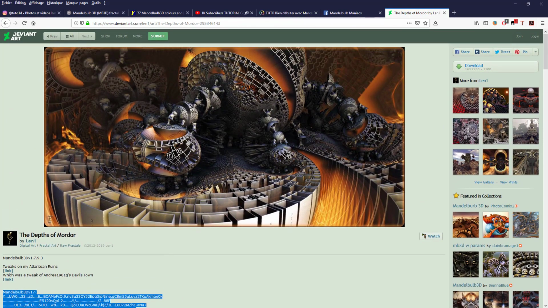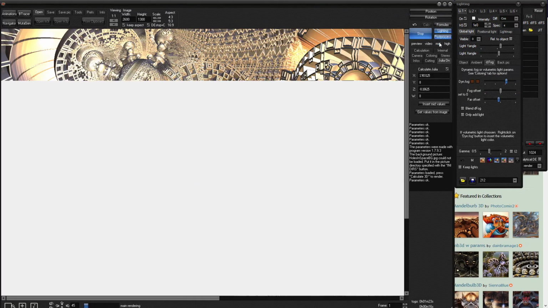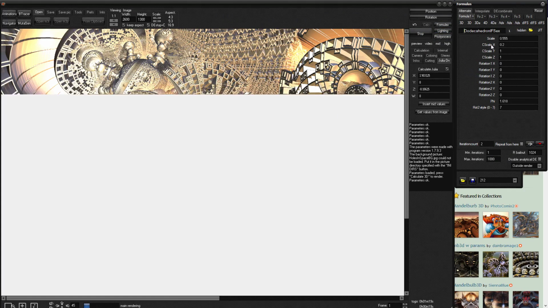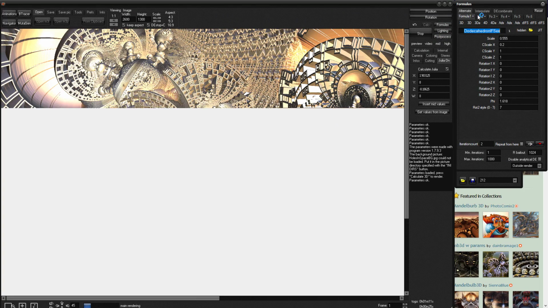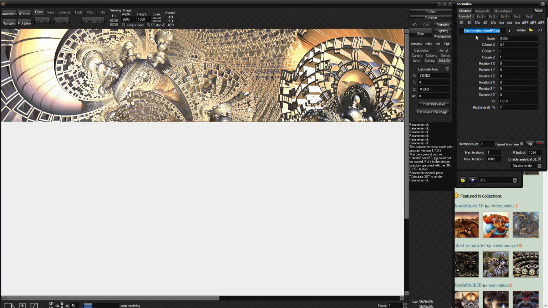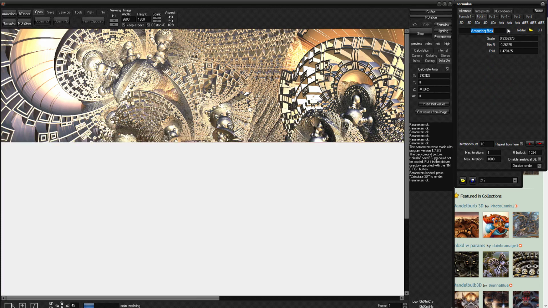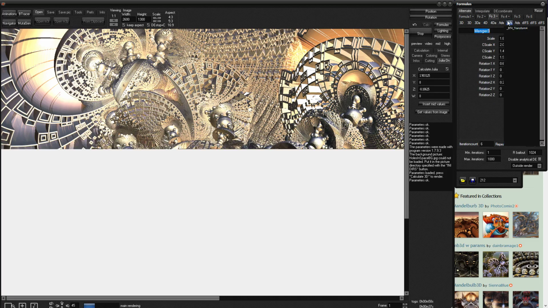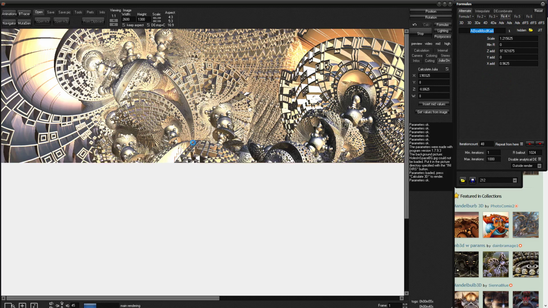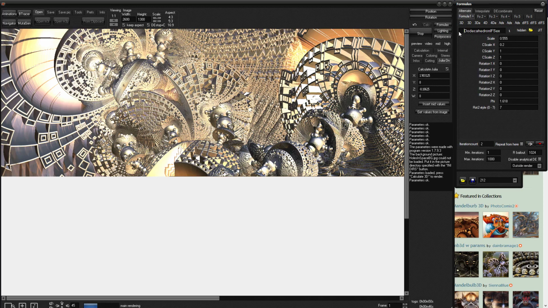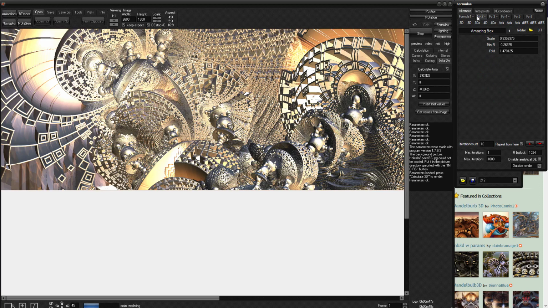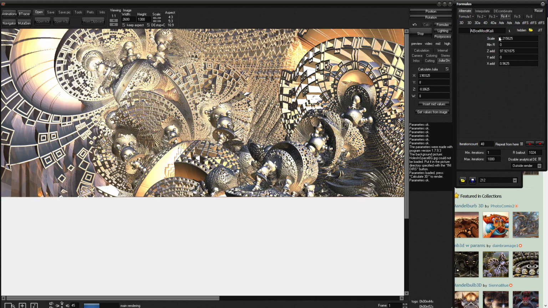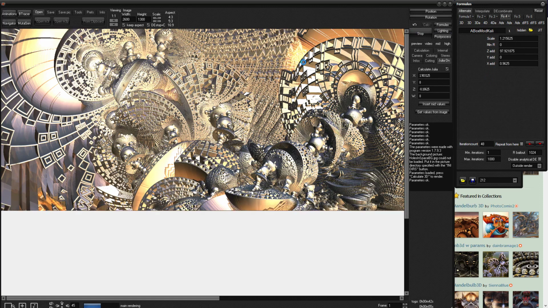And again, for learning, you want to go to the formula and check how he did that. So he used this one with this setting, but settings are not important because you don't want to copy exactly the same. So at least remember the formula. Alternate with this one, Amazing Box, and this one Manger 3, and this one a Box Mod Kelly. So you see, it's a combo. Now you know this one alternates with this one and this one and this one. You got something like that at least. So this is how Mandelbulb works.